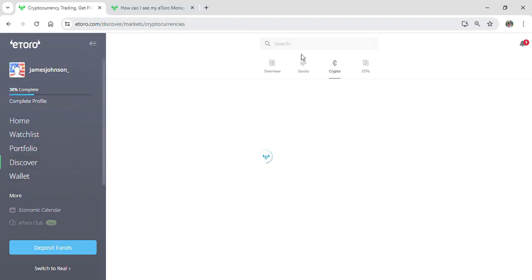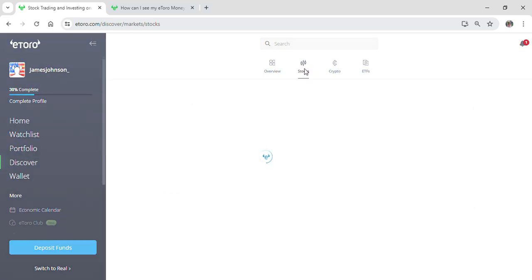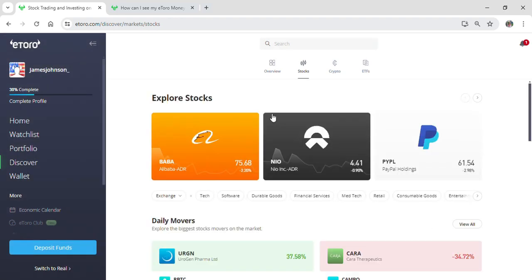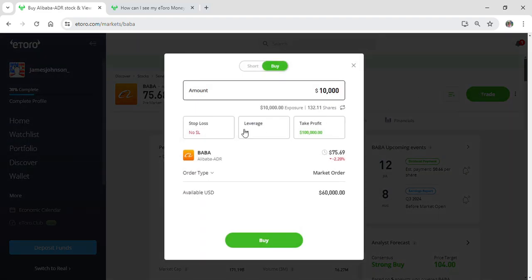If you go to your stocks option or other coins as well, you will be able to set your leverage. You just have to search for it. If it is not showing leverage on your screen, it means that you cannot set leverage on that particular item or asset. Here, if you go onto this stock and click on trade, you'll be able to see a leverage